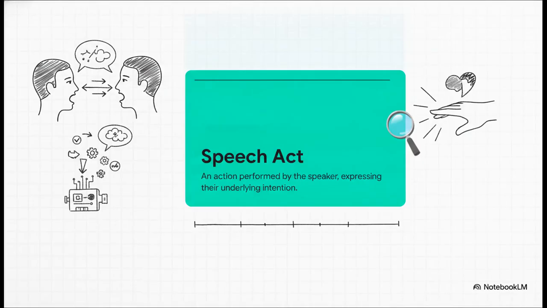All right, Section 2, words as actions, because there is a real purpose behind the things we say. If we look past the physical back and forth, we hit this brilliant philosophical insight from thinkers like Wittgenstein and Austin. They realized that every single thing we utter is actually an action. When we speak, we aren't just tossing passive data into the air. We are performing a speech act. We're actively trying to do things to or for our listener. We're expressing our underlying intentions.